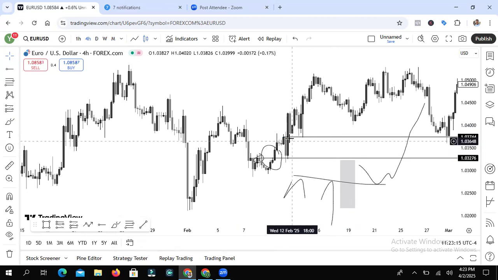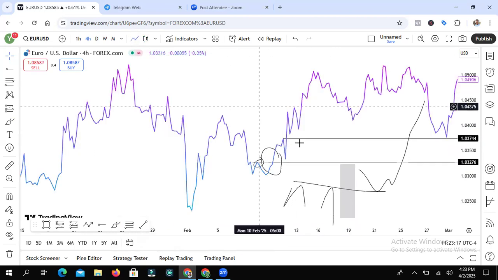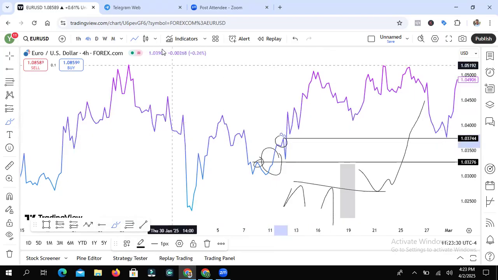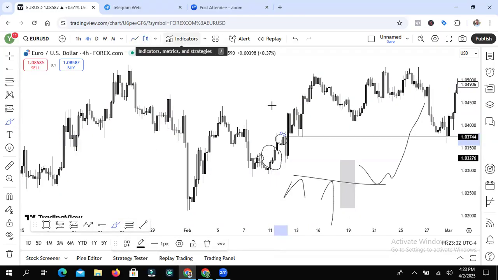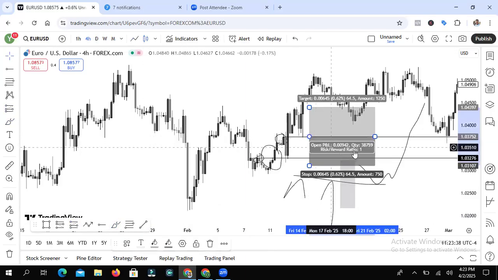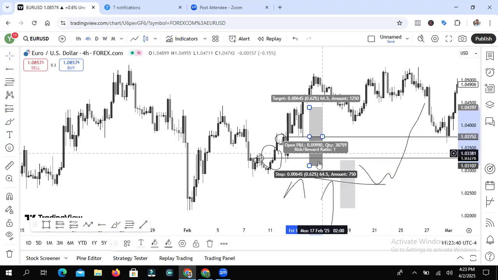Look at this A-shaped key level right here. Let me turn on the line chart so that you can see it clearly. You can see this A-shaped key level right here. Market did what? Disrespected it with a full body. You can see they disrespected it, and then they came back straight into that same line, into that same A-shape. And you can see the reaction. They had almost zero drawdown, almost zero drawdown.